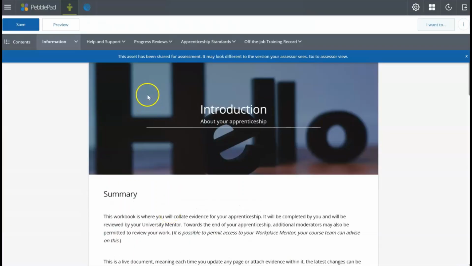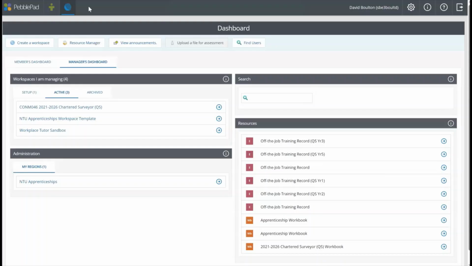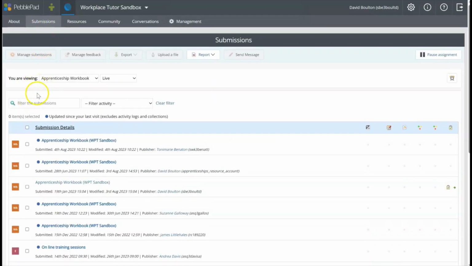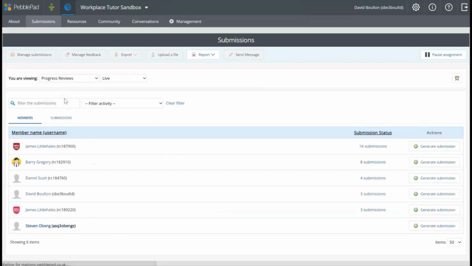So when we go back now, we need to go in as the assessor. So now the assessor will generate the progress review form. So in order to do that, they'll go into submissions, they'll look at progress reviews from the drop down, and they'll find their learner there. They'll click generate submission,